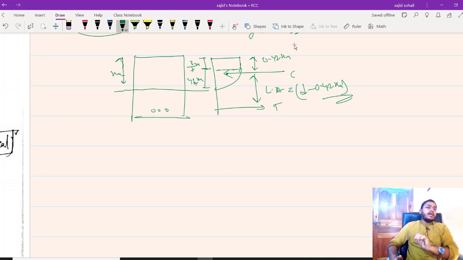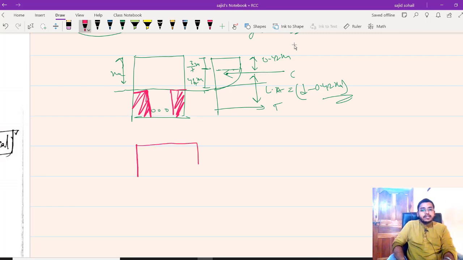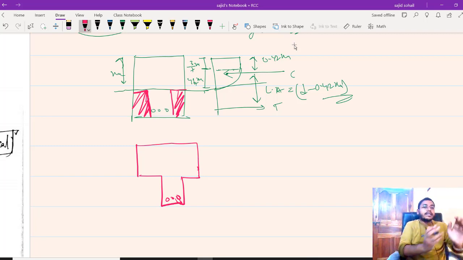Now you tell me, below this xu level, below this neutral axis, is concrete taking any tensile force? No, right? So the concrete, whatever is here, it is not taking any tensile force. So if even I am deleting this much portion of concrete, what I am doing? I am deleting this much amount of concrete. Just I am removing it. Now the structure, how it will be looking like? It will be looking something like this, right? See, I have changed the dimensions of this. I have reduced certain amount of volume.